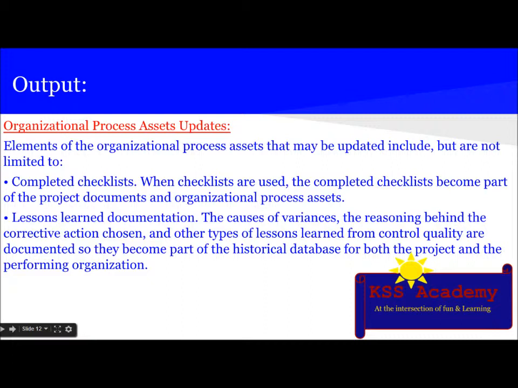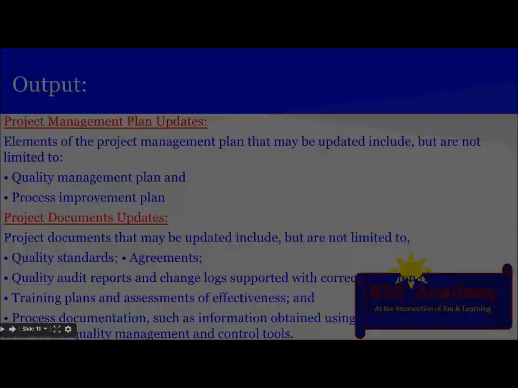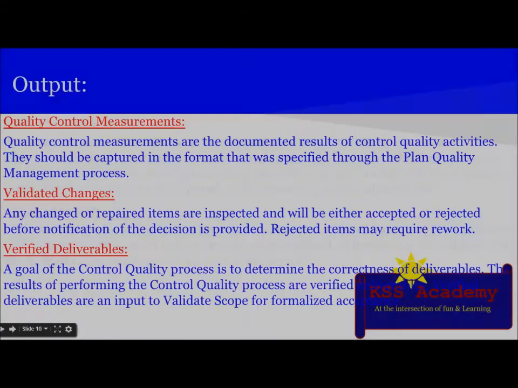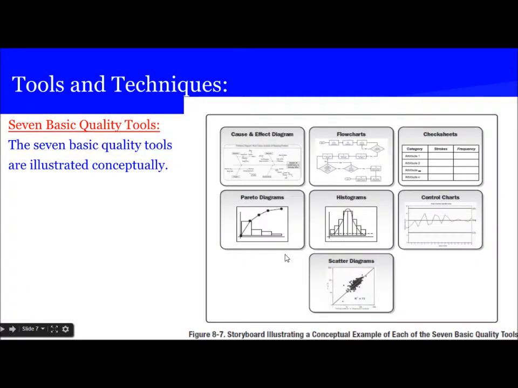These control limits we have learned in the past in the plan quality management process under the 7 basic quality tools, which we read here. This is the control chart.